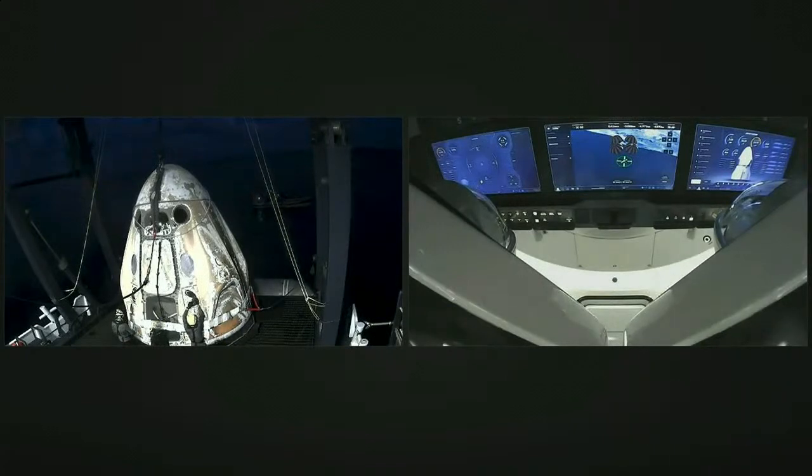I see some fist pumps from Dr. Cyan aboard the Dragon capsule right now. Next event coming up after the team does some safety checks is opening the side hatch. That's going to be very, very exciting. We're going to see the crew for the first time, and they're going to see Earth for the first time